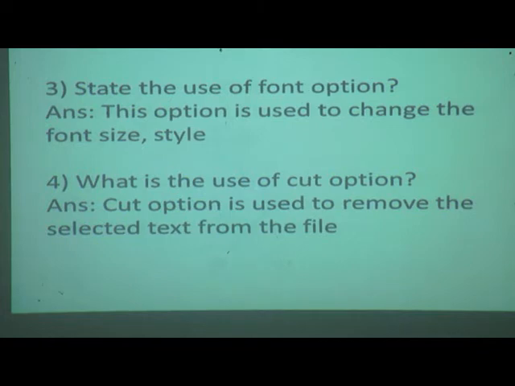Name the control buttons of Notepad window. Minimize button, maximize button, close button. Second one, what is the use of page setup option? This option used for any changes that need to be made in the size of paper. Third one, state the use of font option.